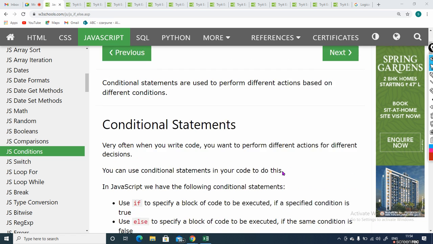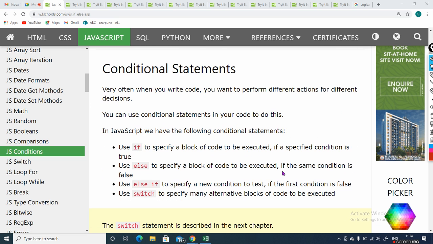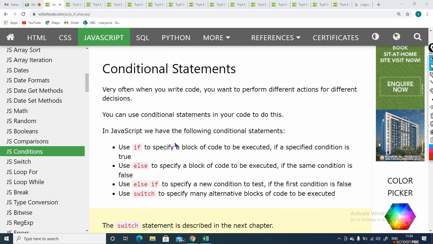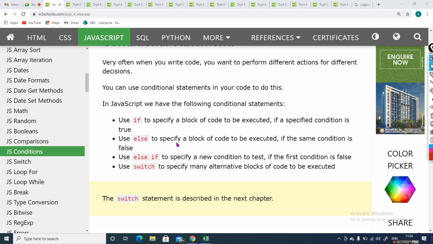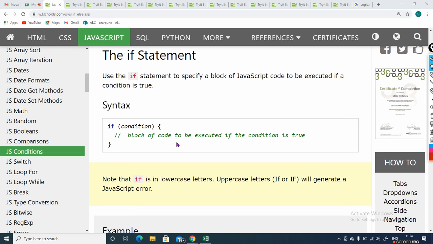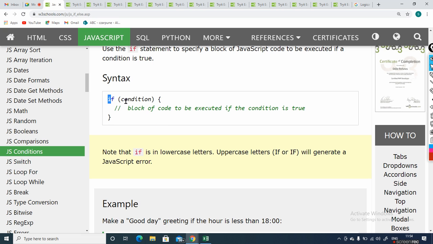So if we go down here, you can find the if block and if else conditions. In many programming languages you see this, and we will go deeper into what its purpose is and how it executes. This is the syntax, and this is the condition. As I showed you earlier, greater than, less than, and equal to are the operators to work on the condition. These things we write in